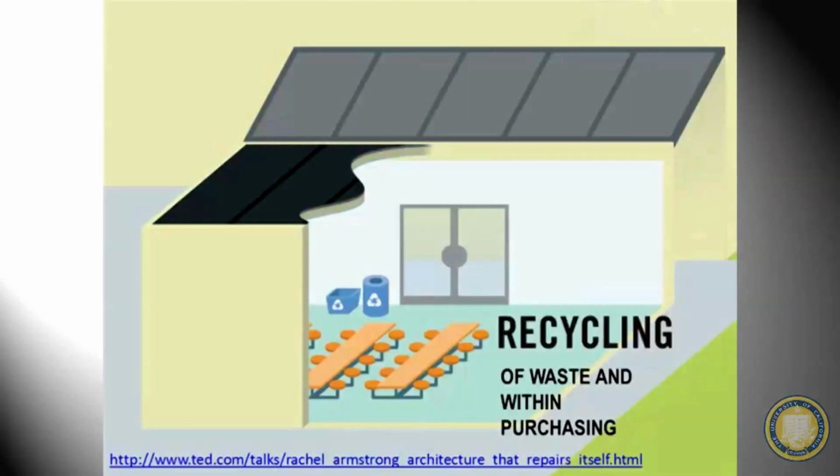Recycling. So obviously what Bluebird was talking about earlier, of waste that we have in our buildings, and also within purchasing. So what kind of products do we buy? This category isn't just about recycling materials, but also what we buy, the food we buy, the furniture, the products, the glass walls, daily uses, such as sticky notes and pens.